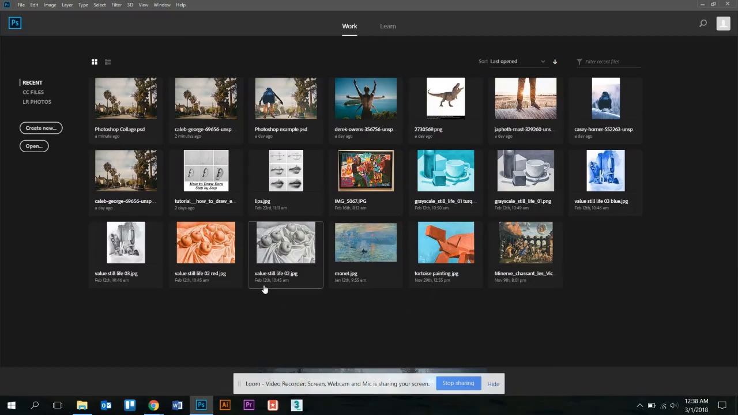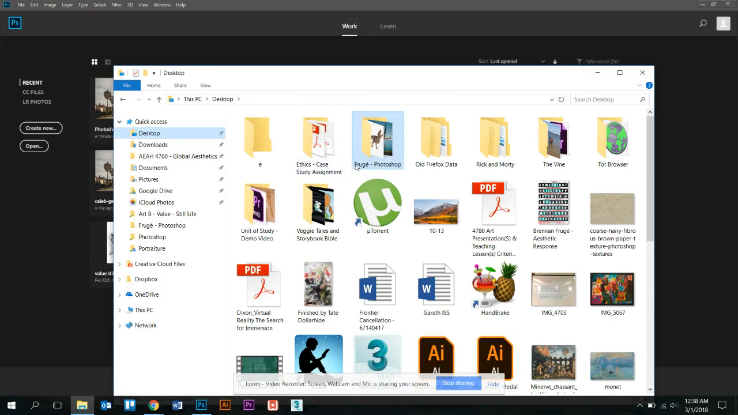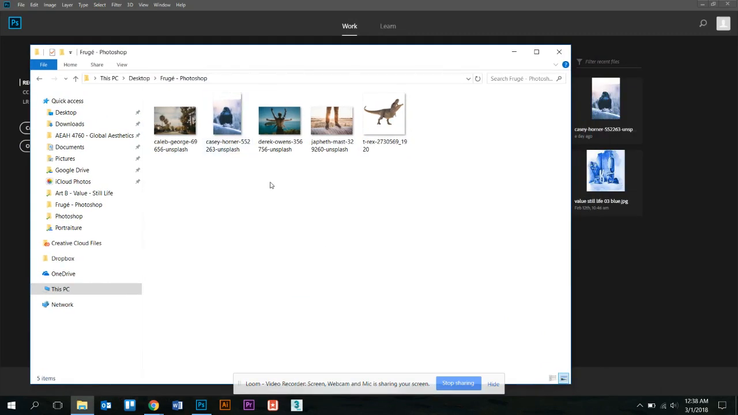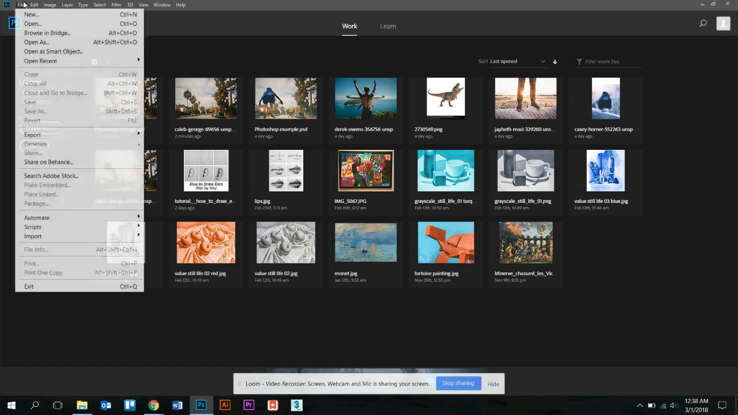Okay, so I've opened Photoshop, but before I get started, I would like to show that I've also created a folder on my desktop named Fruget Photoshop, and I have copied my images into this folder, the images that I'm going to use for this assignment, for this project. So I'm going to go back to Photoshop, and to get started, I'm going to go File, Open, and I'm